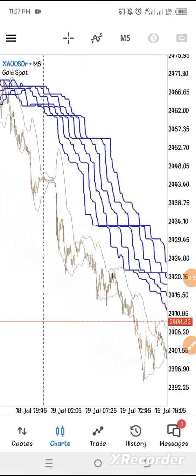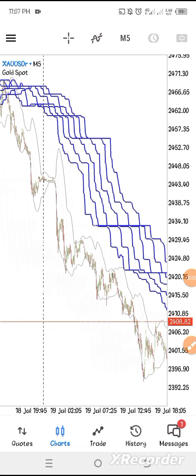Today I'm going to share with you a strategy with settings. This time around, I'm going to put the settings of this strategy because I want people to benefit from it. I've actually started using this strategy for the past 3 weeks now, and it has been working perfectly. That is the reason why I want my dear subscribers all around the world to also benefit from this strategy. I use 6